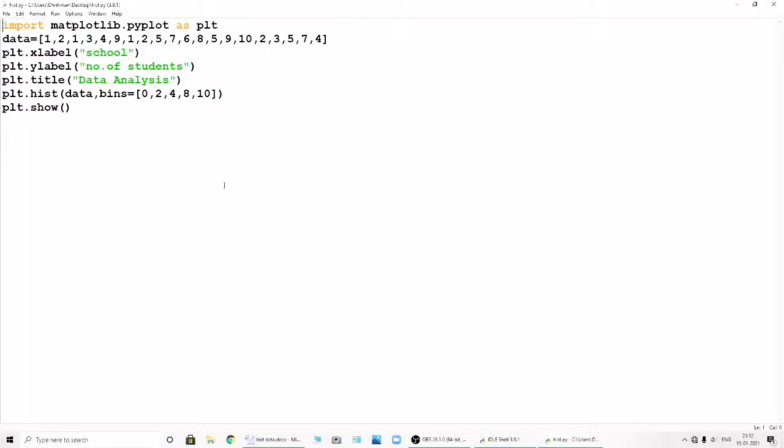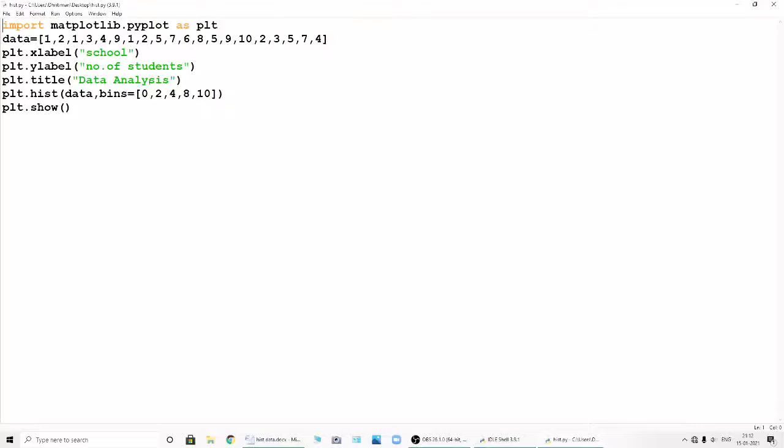Now see, here just see the import. This is the same data that we created in the last class. From here we will see cumulative.